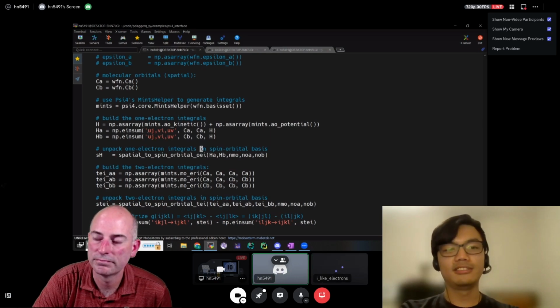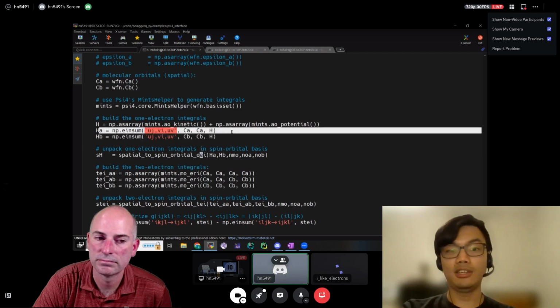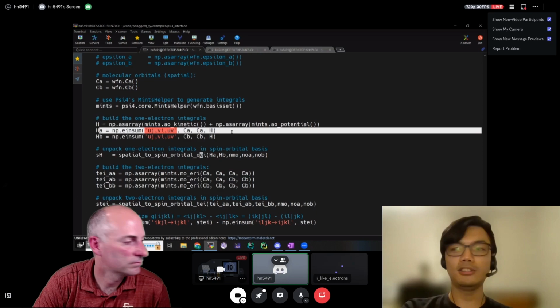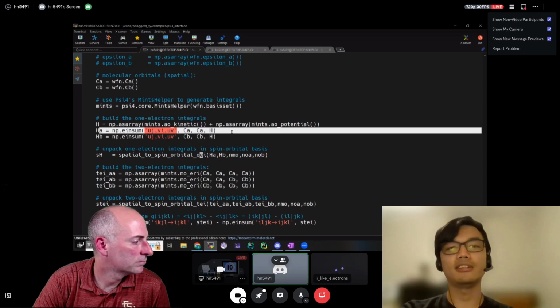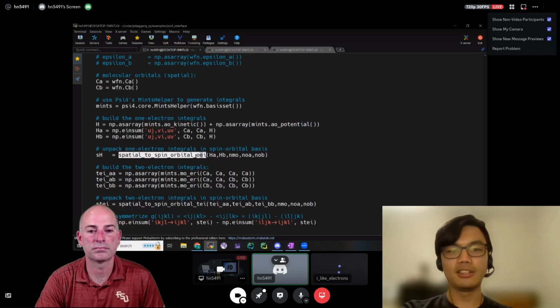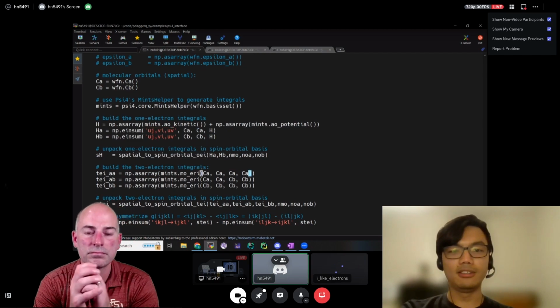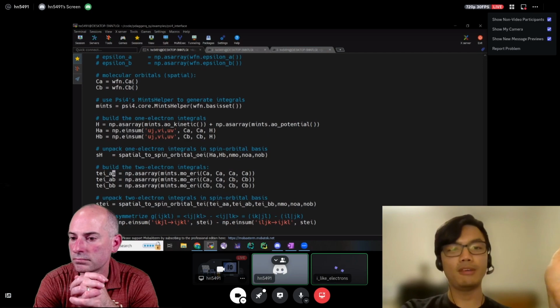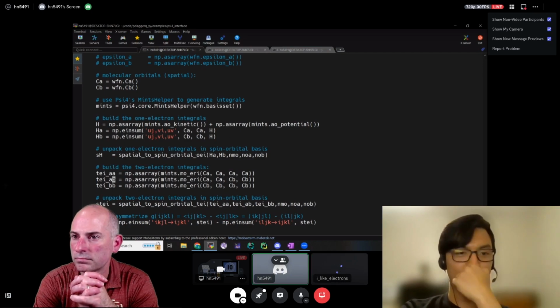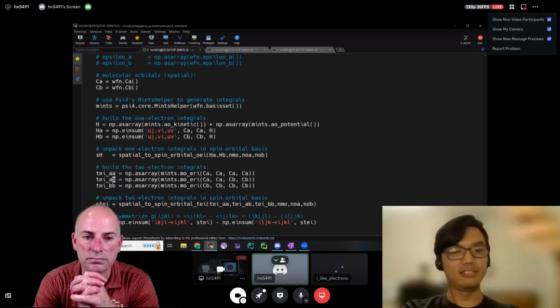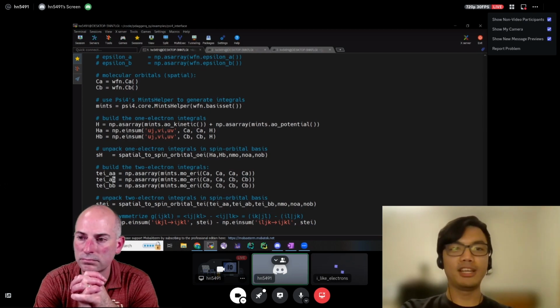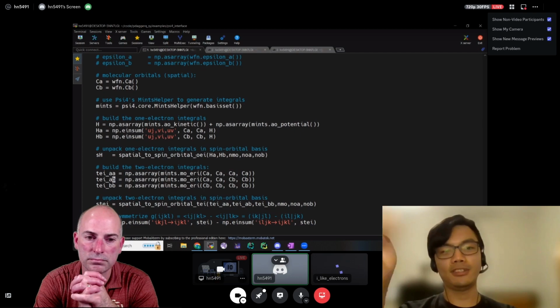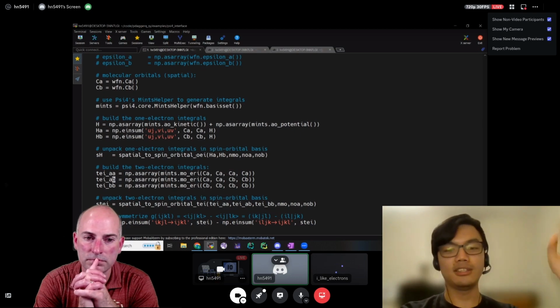And then this will unpack these electrons, which are defined in terms of molecular or spatial orbitals, into spin orbital basis. So we'll look into how we are modifying this. But after that, you just do the same thing with the two electron integrals. You have to get the proper alpha. And so now we have electron 1 alpha, electron 2 alpha, or electron 1 alpha, electron 2 beta, or both